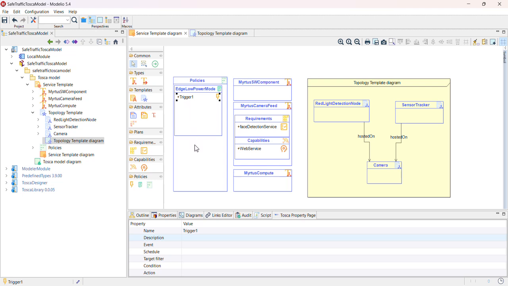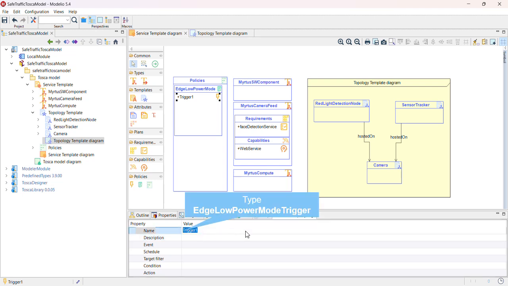Then we can double click or use the property panel to set the properties. So I'm going to call it edge low power mode trigger,